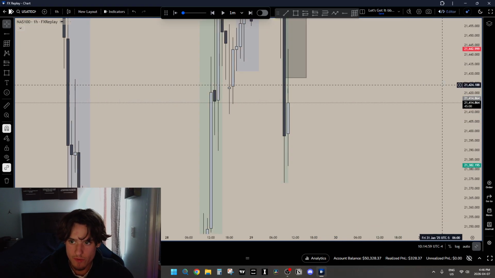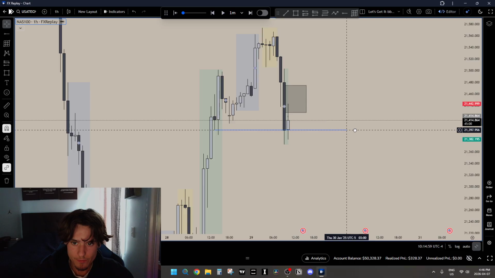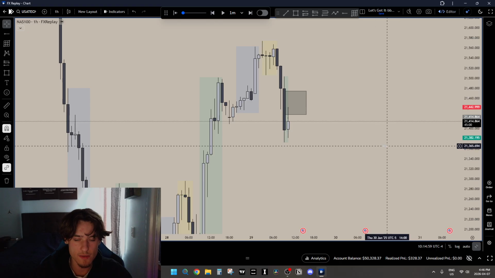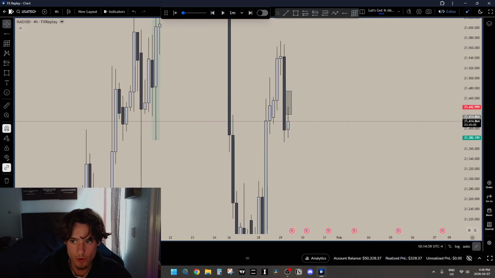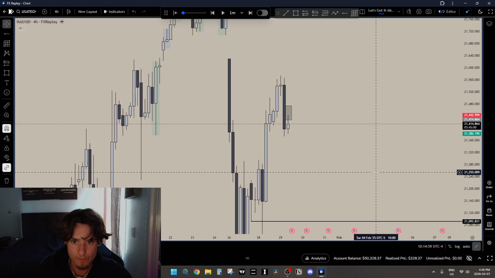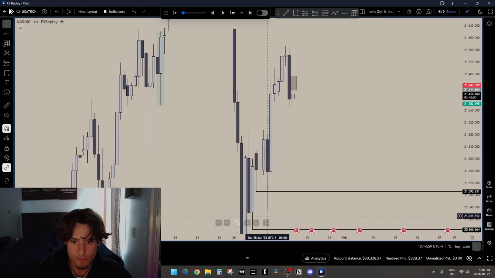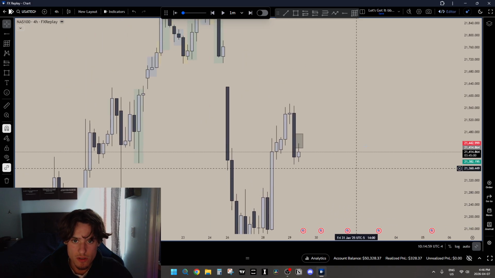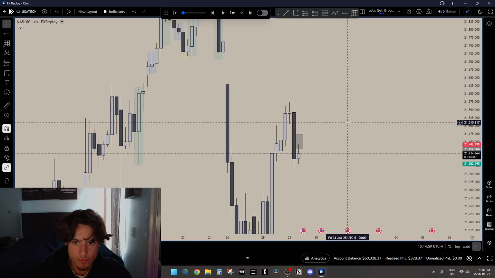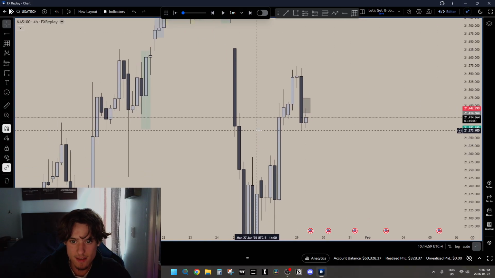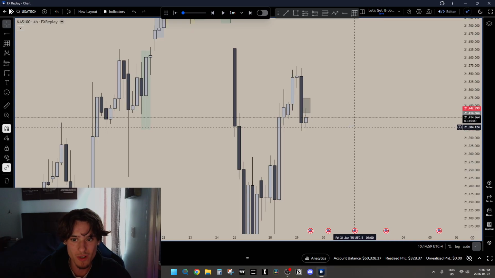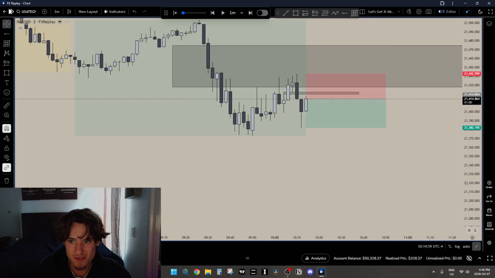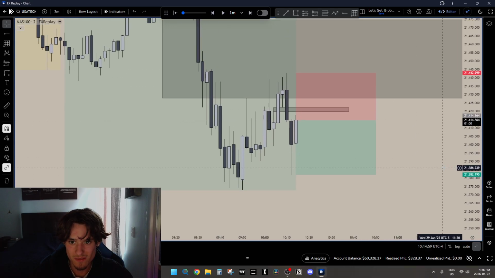Okay, wait, but do I have any targets lower though? Literally tapping right inside of the hourly and a 4 hour, right? Yeah. That is not smart. But we do have this hourly swing and overall. No, I can't take this. We're tapping inside of a 4 hour and 1 hour and we're wicking it. I can't take this, bro.